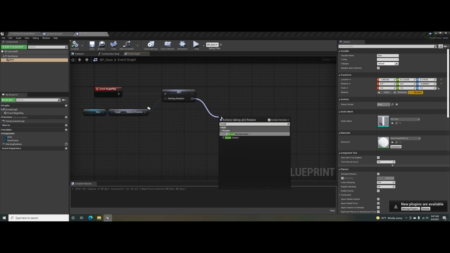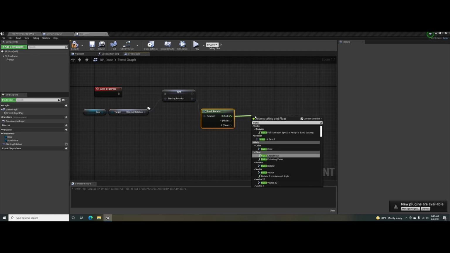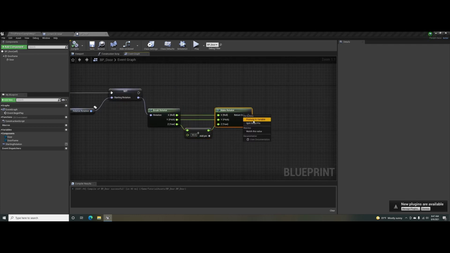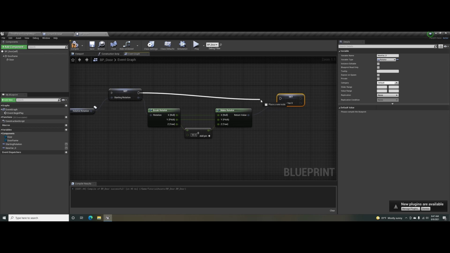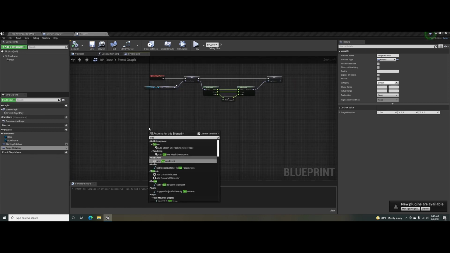So I'm going to break the rotation here. I'm going to make another one. I'm going to put in the X and the Y, and I'm going to add 90 to the Z axis. I'm going to save this. This is going to be our target rotation. Okay. And so now I'm going to create a custom event called